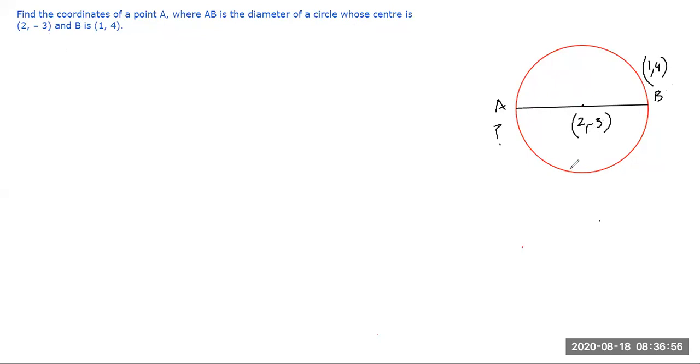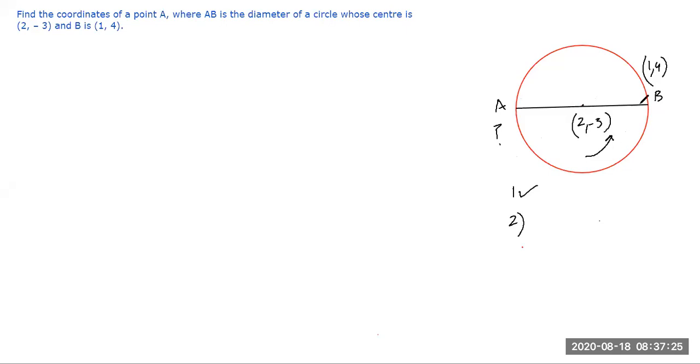So students, how can we find the diameter? Anyone can suggest to me? Sir, using midpoint formula. Please speak loudly. Sir, using midpoint formula. Using midpoint formula, you will find coordinates of A. Am I right? Yes, sir. Once you know coordinates of A, you can find AB. One method. Very good.